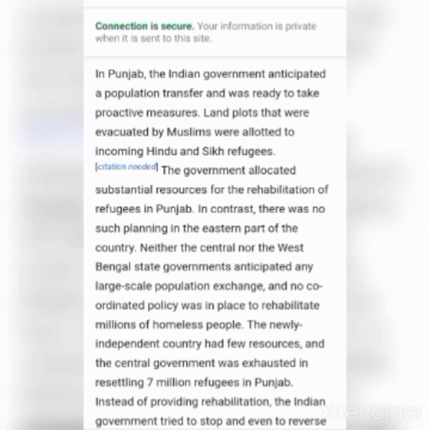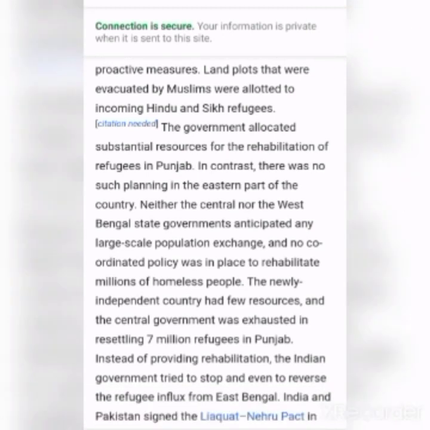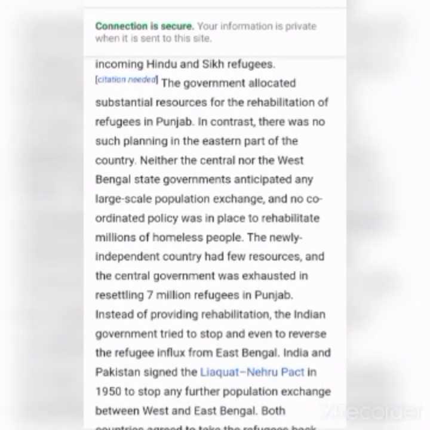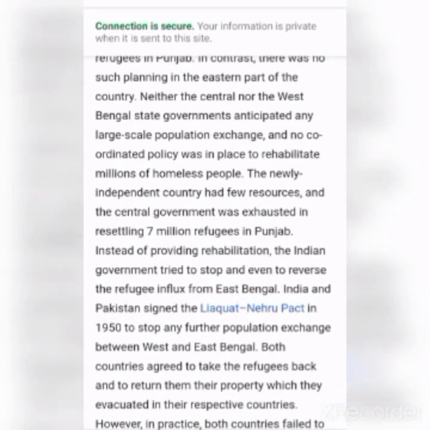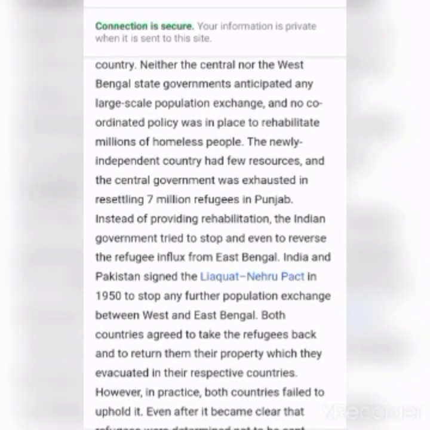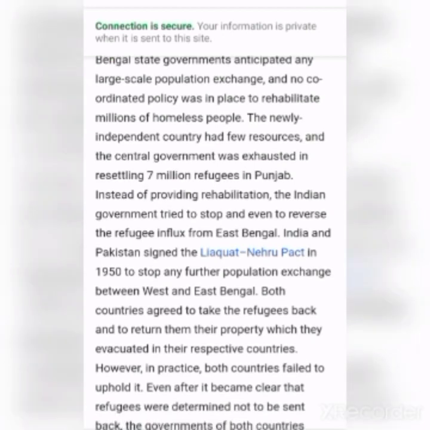Neither the central nor the West Bengal state governments anticipated any large-scale population exchange, and no coordinated policy was in place to rehabilitate the refugees. The newly independent country had few resources, and the central government was exhausted in resettling 7 million refugees in Punjab. Instead of providing rehabilitation, the Indian government tried to stop an event